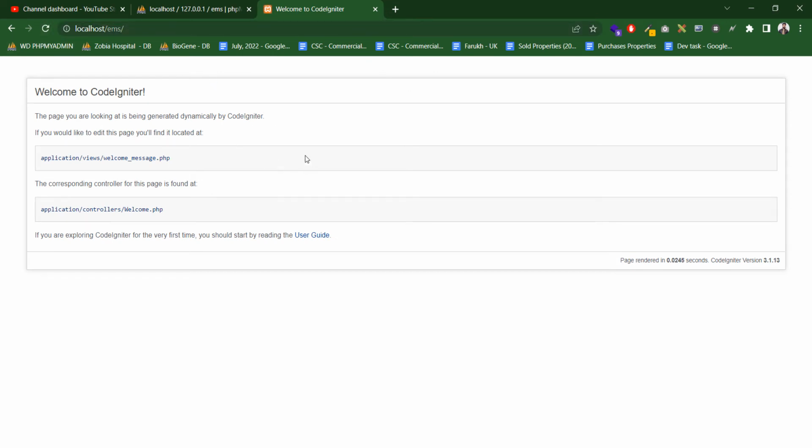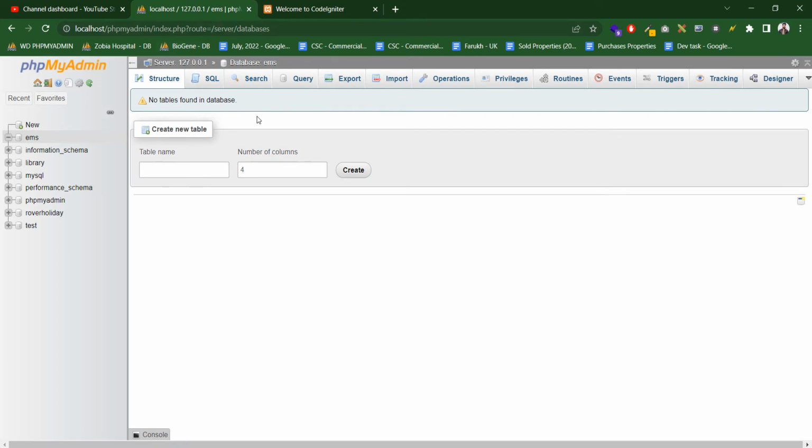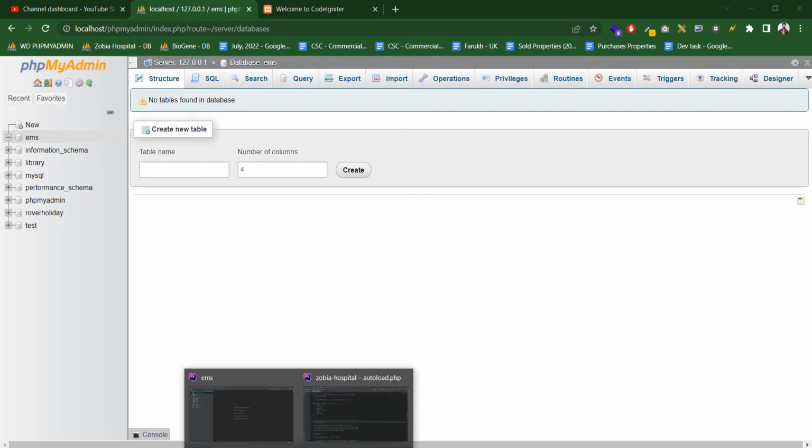All right, but there are a few other things that we need to configure before running the Codeigniter framework, and those things are really mandatory in order to run the framework and to access its full functionality. If you don't do that, we will obviously face errors in the Codeigniter framework. All right, so first of all, I need to set up my database. So I have created the EMS database in my localhost phpMyAdmin, and the next thing that I need to do